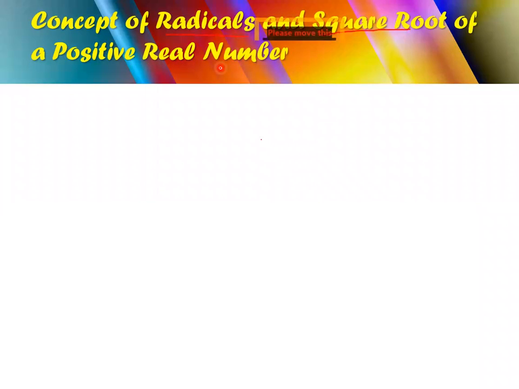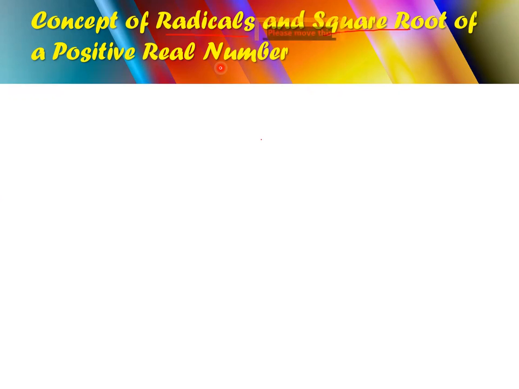Now real numbers, what do real numbers mean? Union of rational and irrational numbers. If you remember the concept of real numbers that we have learned in exercise number 2.5, that a union of the set of rational and irrational numbers are called real numbers. And here we are talking about only positive real numbers. You know, we have negative real numbers as well, but here we are only talking about plus 1, plus 2, plus 100, plus 200. That's it. Okay, not the negative ones.